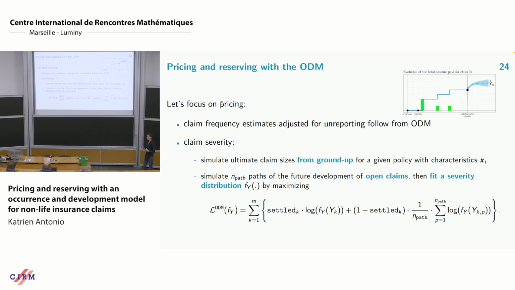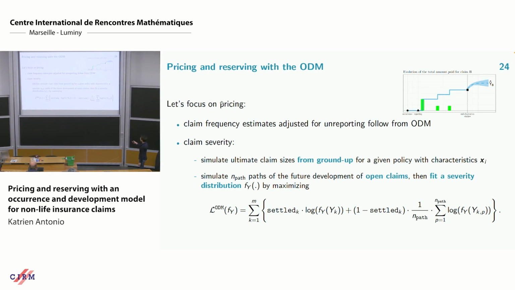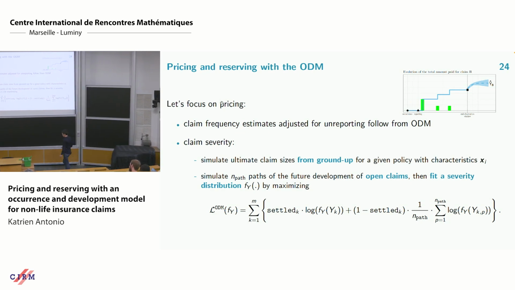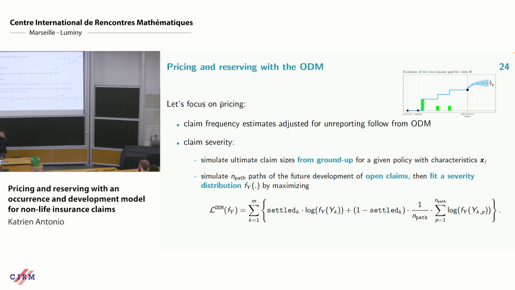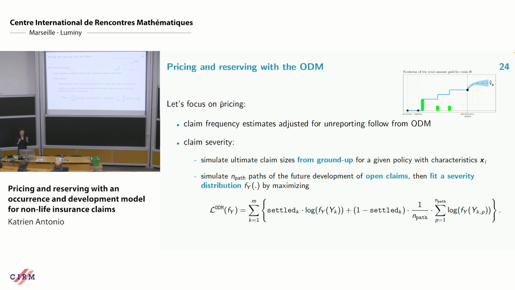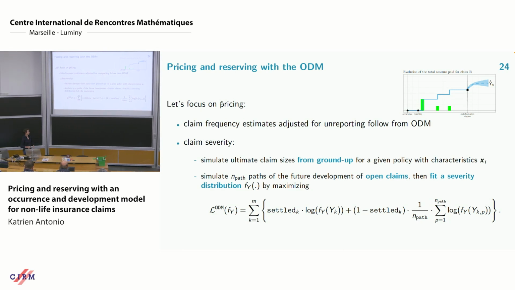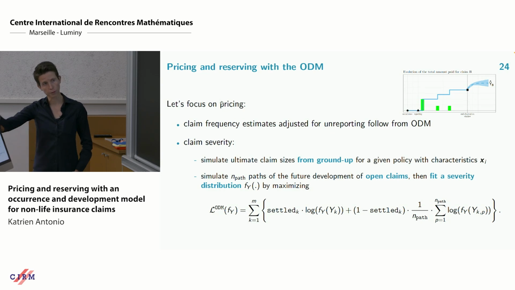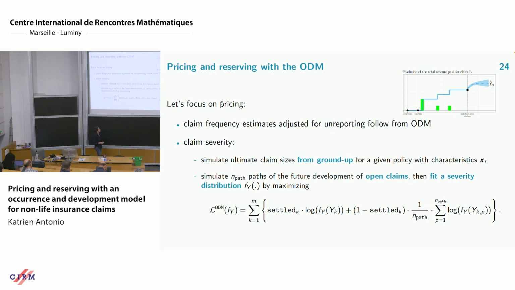What is the difference with one of the pre-processing steps that I mentioned earlier on? Then you would first take the best estimate, so you would first do the averaging over all the scenarios that you generated, and then treat that as an actual observation in the likelihood when you calibrate the severity model. So we really want to see how that practice influences your severity distribution, if you really disentangle between the actual observations and the paths that you generate for the right-censored severity observations. And you see that being pictured here.